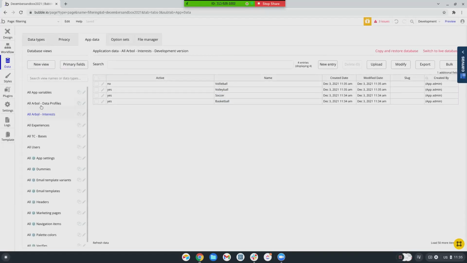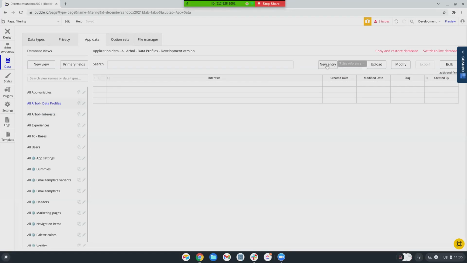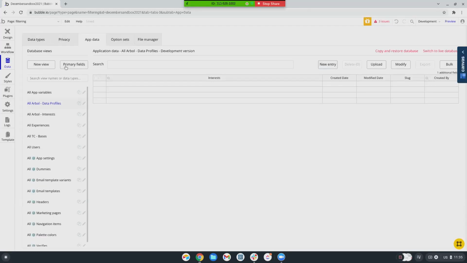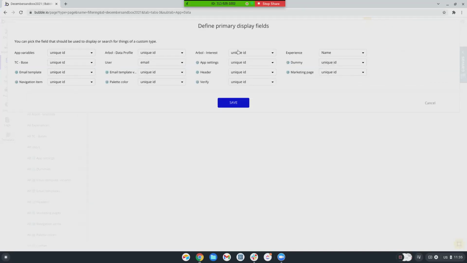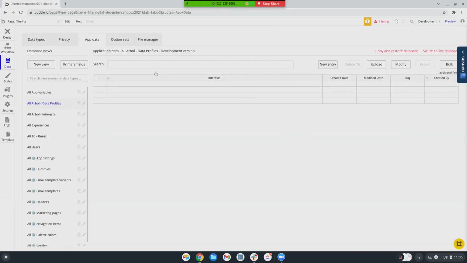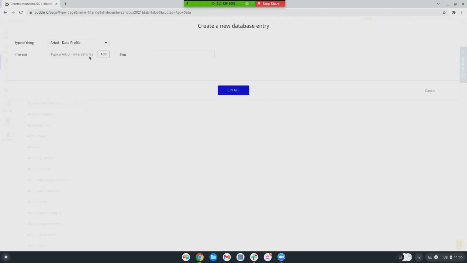Then we'll have data profiles. This was what Juan was showing you the other day. If you go into setting your primary display fields and you change the interest to display by name, it will make it easier manipulating things in the back here. So the interest will say volleyball.